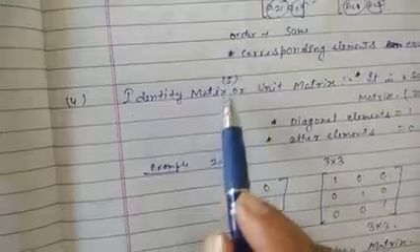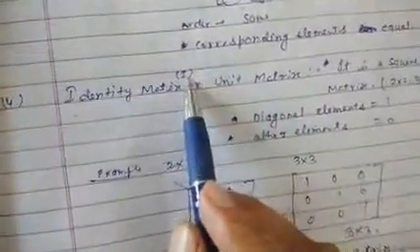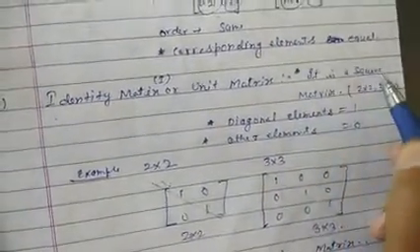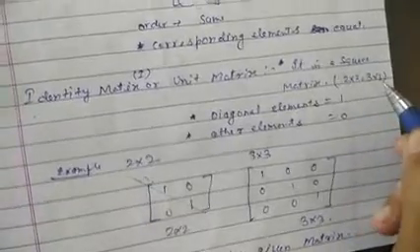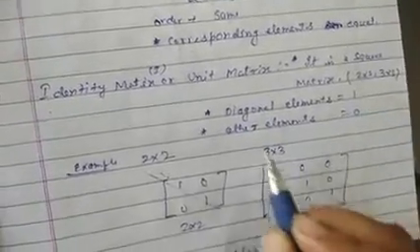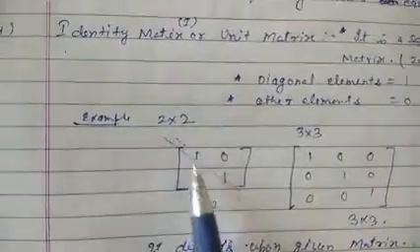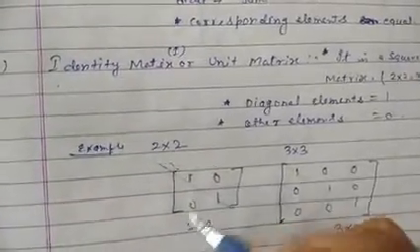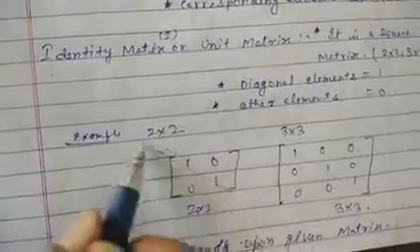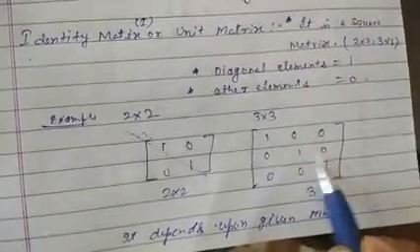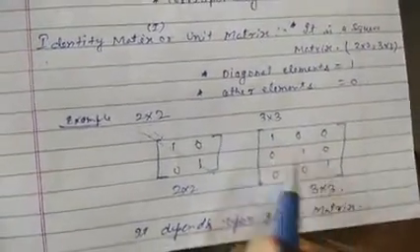So now we have to discuss the identity matrix, that is denoted by I, and you can also say unit matrix. The condition for this one is that it is a square matrix, 2 by 2, otherwise the order is 3 by 3. The diagonal elements are 1 and the other elements are 0. For example, 2 by 2: 1, 1 on the diagonal and 0, 0. That is called the diagonal. So don't say this is not the diagonal; this one is the diagonal. We have to count from this to this. For 3 by 3: 1 0 0, 0 1 0, 0 0 1. So see, this is the diagonal.